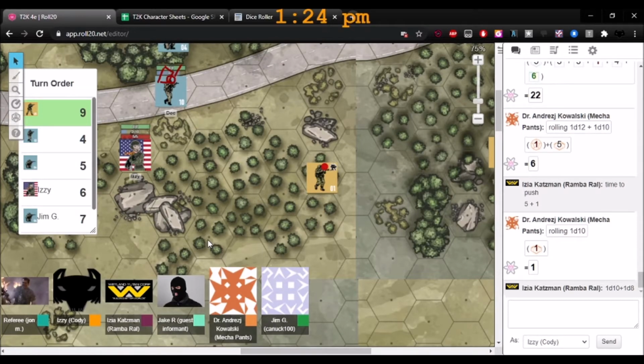And you're prone, so that's, I believe, a big modifier. Target prone, that's minus 2. So his D8 goes down to a D6. And you always have at least 1 D6. So he only has 1 D6 roll on you. And any other modifiers anyone thinks of? I think that's it. Yeah.